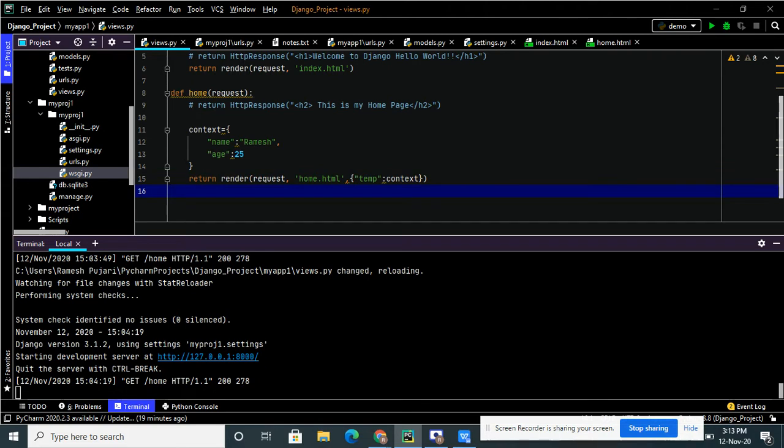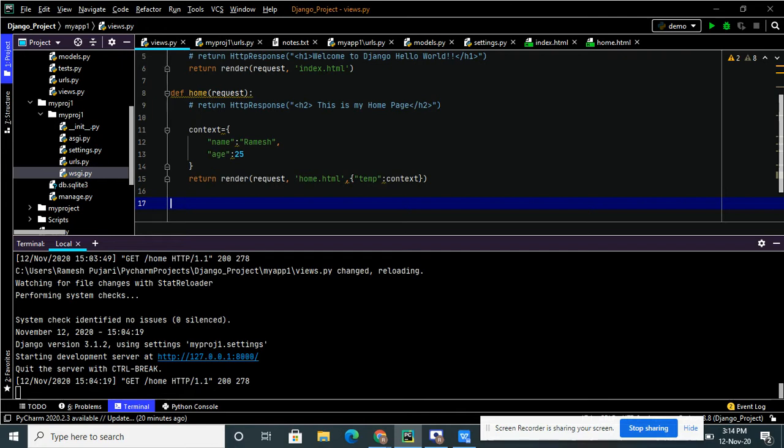Now to demonstrate form processing in Django, I'll take one simple example, addition of two numbers, so that we can understand it easily. As I already explained, whatever logic you want, you have to write inside the views.py file only.